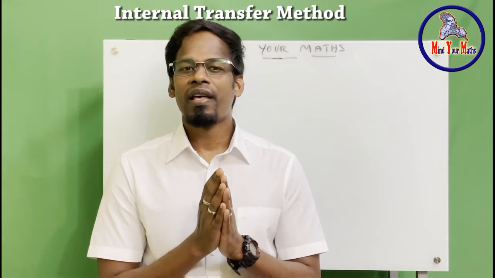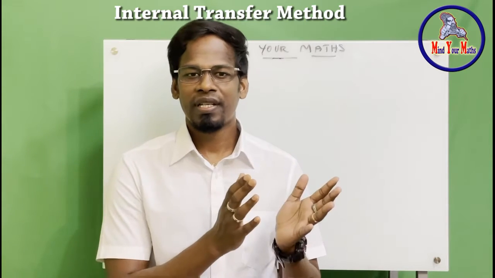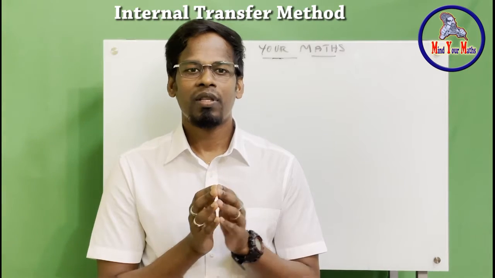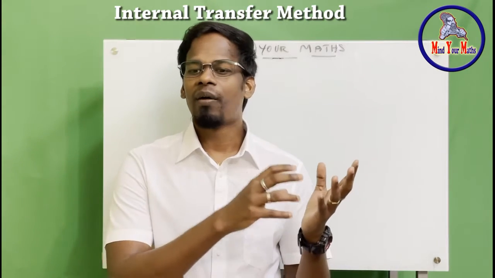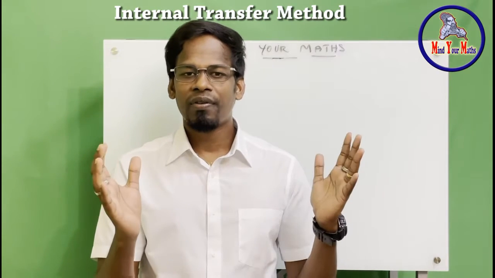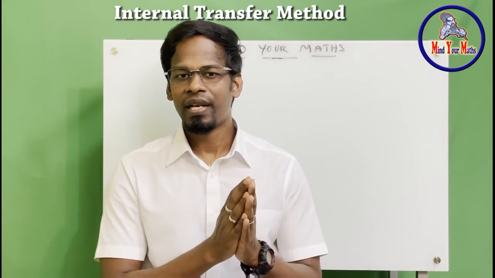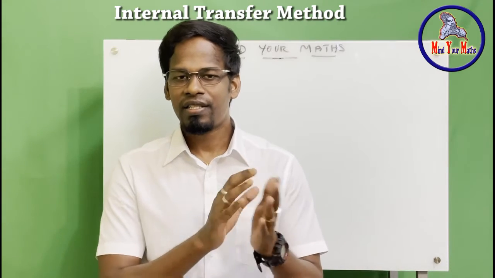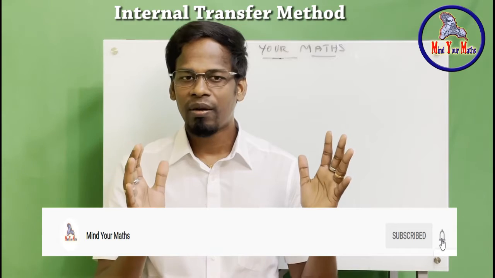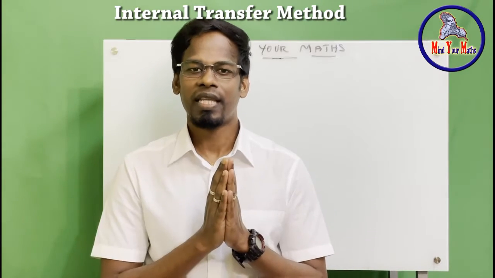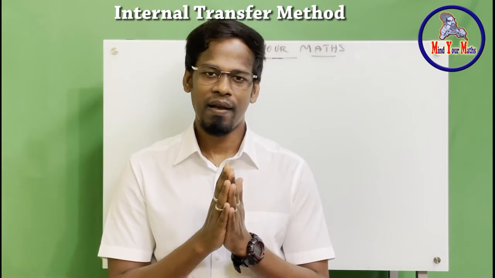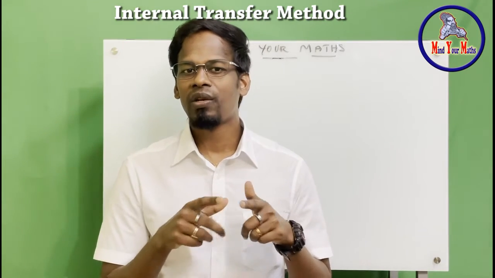Now what do I mean by that is that one person has 10 apples, another person has 10 apples. Now person 1 gives 5 apples to person 2. If you see, the total number of apples between them never changes. They just exchange the quantity between themselves, but the total number will always remain the same. So that's what internal transfer means. Let's solve this problem, then you will understand more.